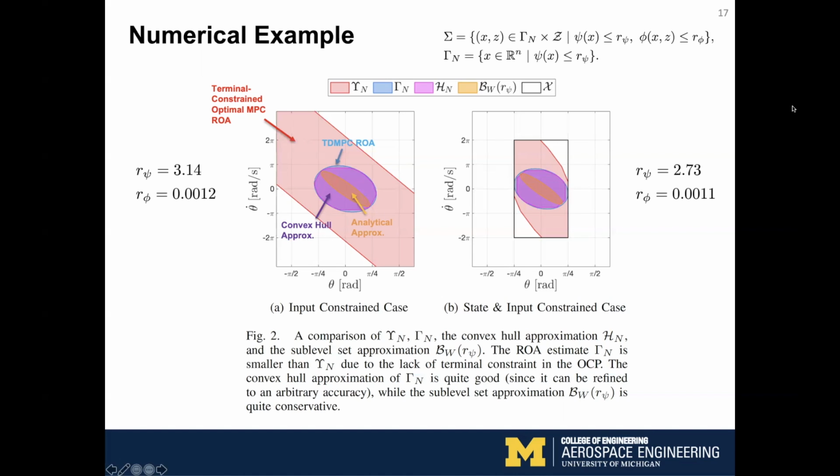And you notice in the state constraint case, our region of attraction estimate looks fairly similar to the input constraint case only. But the difference here is that we have to shrink our region just to fit inside the state constraint set. And because we have invariance of this region of attraction, we're always guaranteed that we're not going to leave the region of attraction. So of course, we won't leave the state constraint set if we make sure that we inscribe our region of attraction inside of the state constraint set.